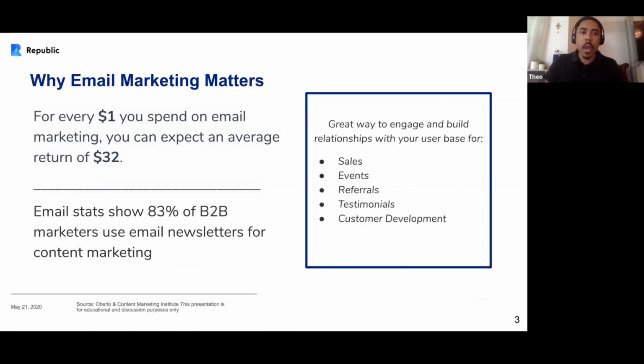Let's get into it. All right, so why does email marketing matter? Well, for every dollar that you spend on email marketing, you can expect an average of around $32, right? The same for B2B, 83% of marketeers are using email newsletters for content marketing. So when looking at emails, a lot of the time, people just think about emails in regards to sales. So can it drive me more revenue? Can it drive me more sales? Whilst that is a great